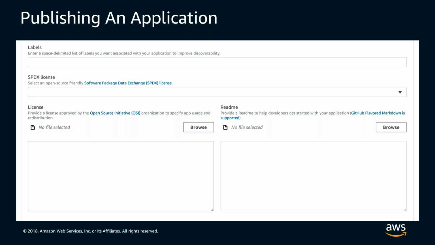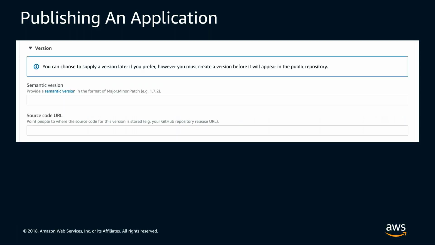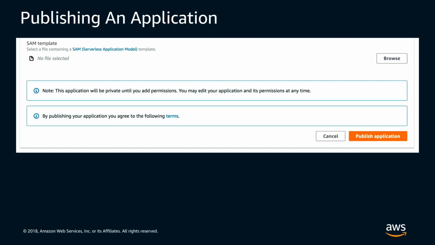And then this is the element where you would put in the actual version and the information around the code and SAM template. So you would enter the semantic version. So if you were uploading the first version, you might enter 1.0.0 or 0.1.0, whatever you decided. The source code URL, so that might be the repository release URL. And then you would upload the SAM template. So you would browse and upload the SAM template. And when you've done all of those things, you would hit the publish application button, and you would see something like this,